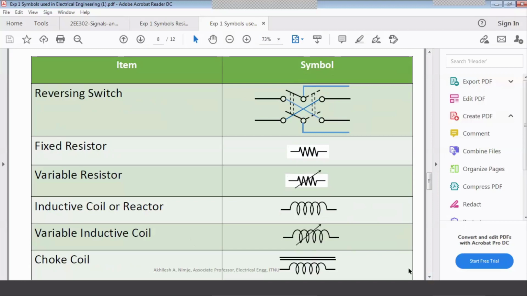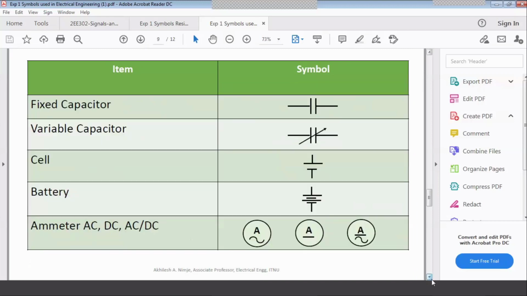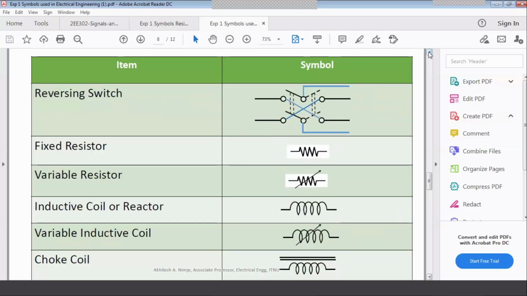Okay. So fixed capacitor, variable capacitor. So when you are making the resistor, inductor, capacitor, you want to symbolize variable resistor, variable inductor, and variable capacitor. To denote the variability, we use this arrow cutting through that particular element symbol. So this is the resistor symbol, and if we cut this resistor symbol with this arrow, that arrow will show the variable resistor. Means this resistor is variable.